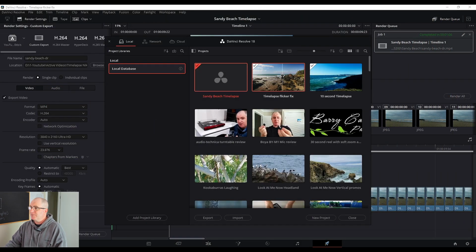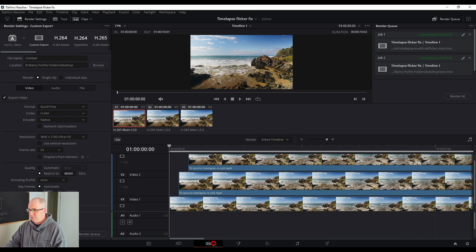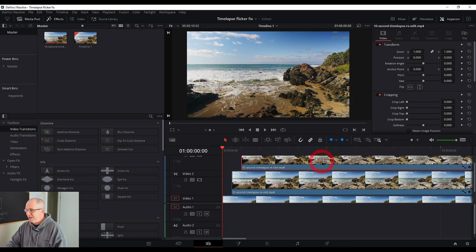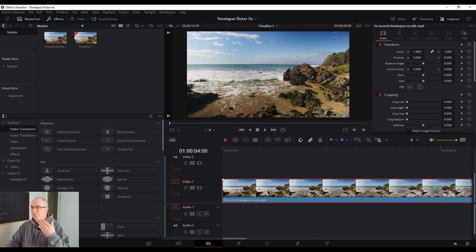All right, so to get rid of the flickering in DaVinci Resolve, I'm going to go to the time-lapse flicker project here. Now, I've done this before, so I'll just delete those. So you've got your video in here with your flickering. So what you do is export your time-lapse, re-import that video into DaVinci Resolve,